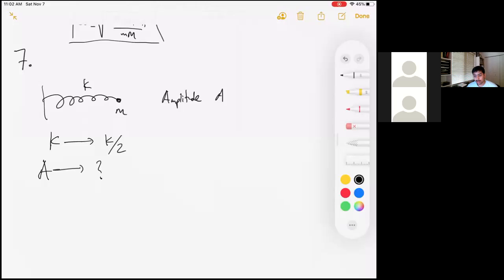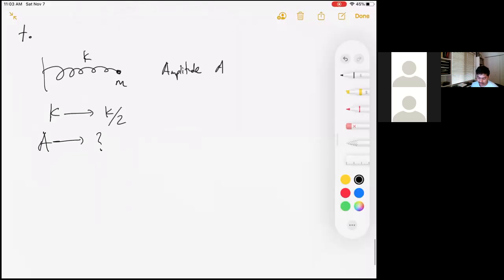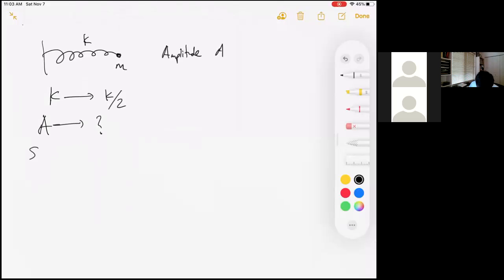Okay. So if nobody has any questions about the setup, then we'll start going into the solution. So, solution. The main idea is to analyze